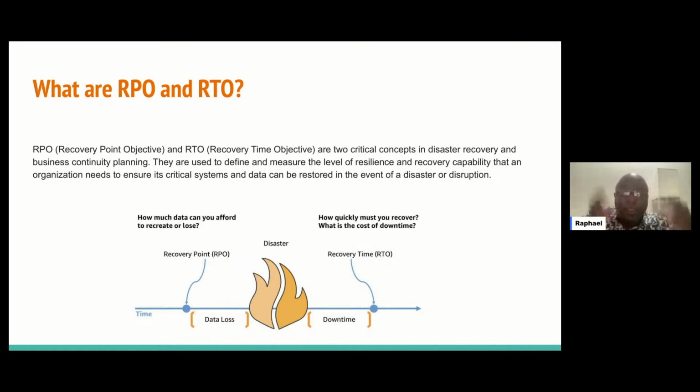Now, the second thing you should ask, in case disaster happens and you are fully vested into the cloud, is how much time? Let's take, for example, we're in Nigeria, NEPA takes light, you want to go on the generator, and there is a party going on in the background. How much time are you willing to take to recover from that loss? Within that time that NEPA has taken light and you have a party going on, with people in the background, what happens? That's with regards to time, and that one is called the recovery time objective. So you need to know your recovery point objective and recovery time objective with regards to disaster if you are fully vested in the cloud.